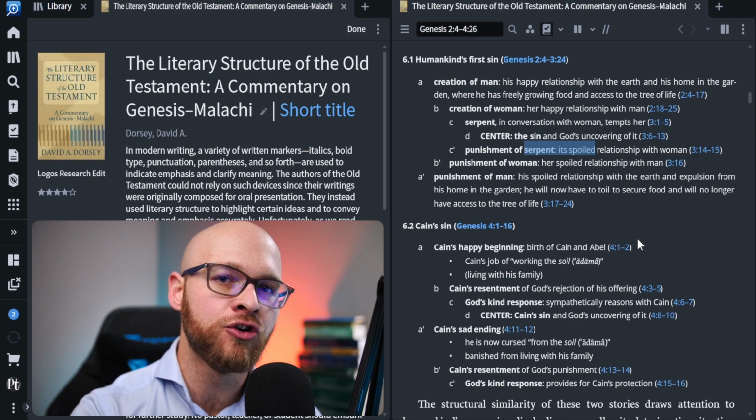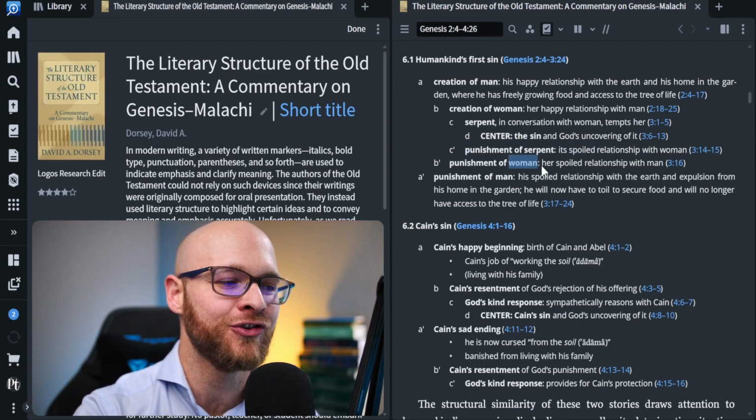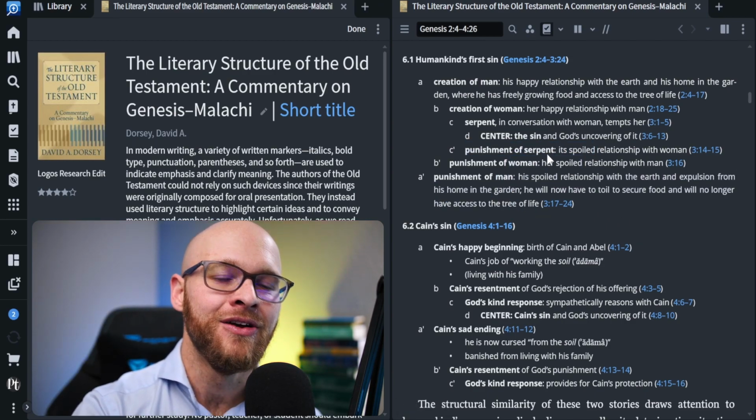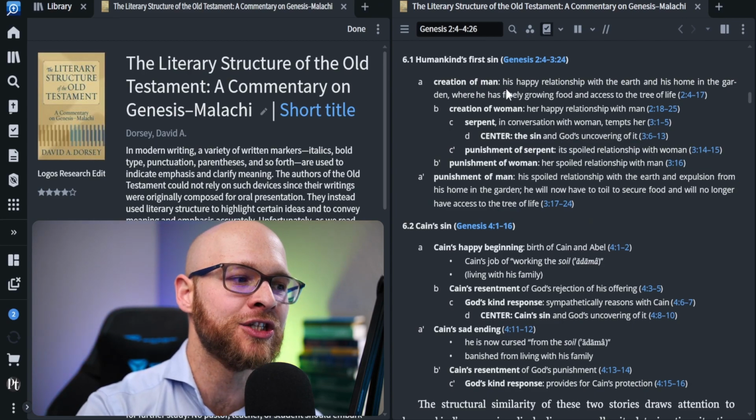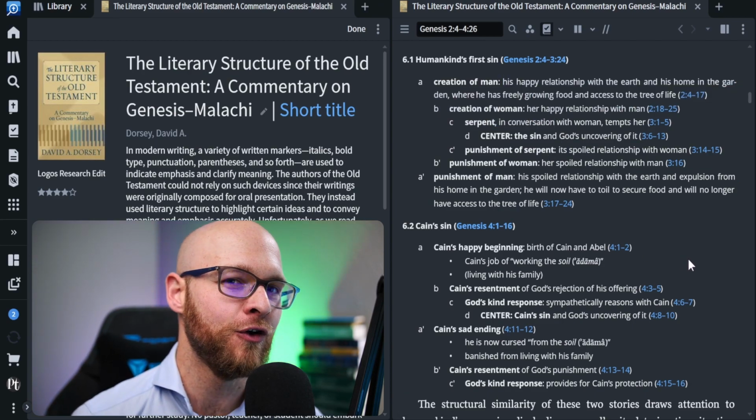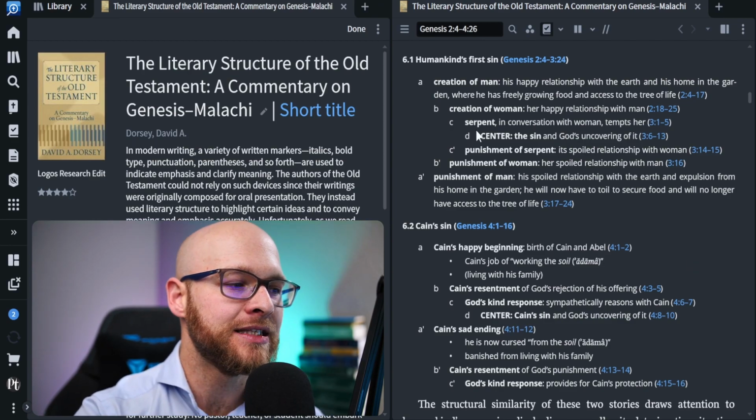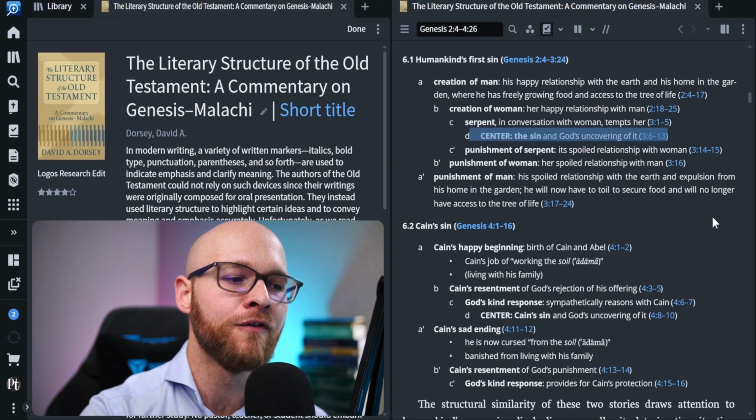We see that God addresses, in his cursing, the serpent first, then the woman, finally the man. Notice that the cursing mirror images this focus in those first few verses. This is so helpful, and it tells you that you want to focus right in on verses 6 to 13